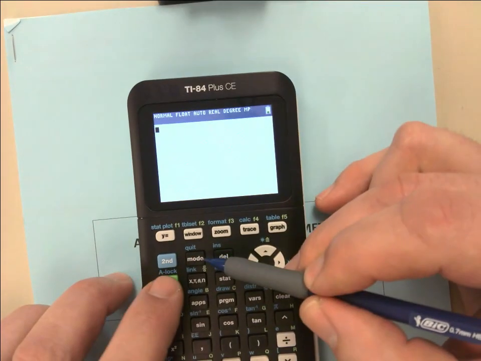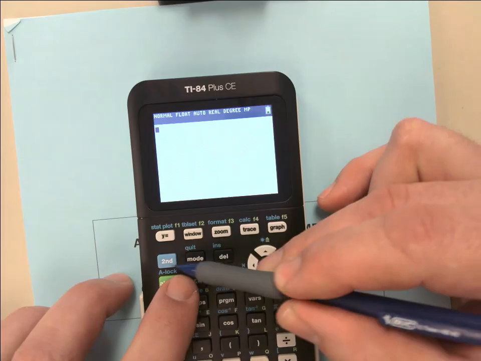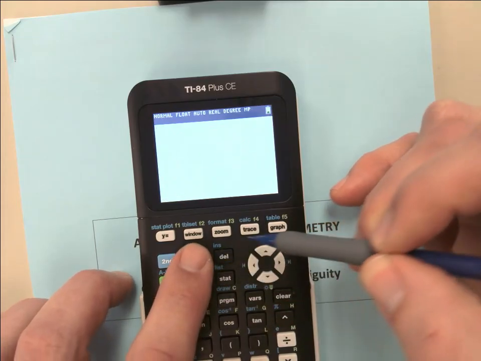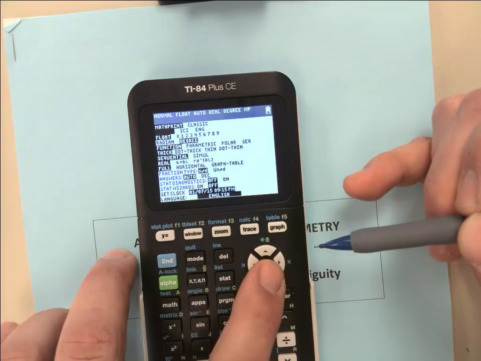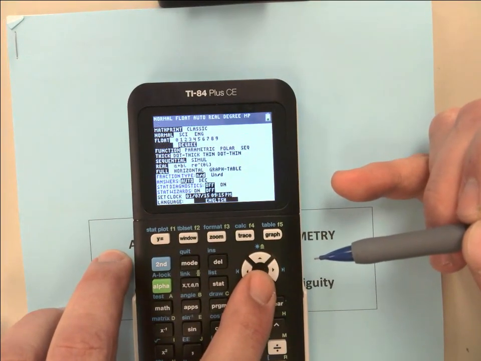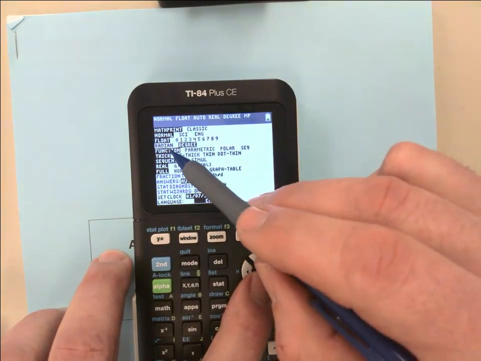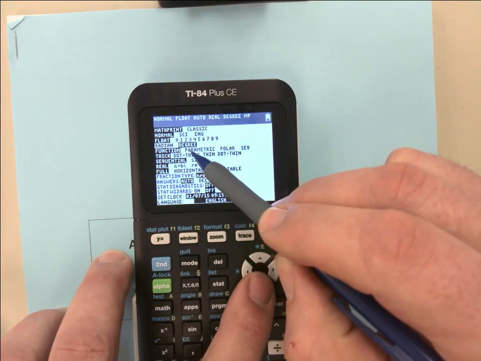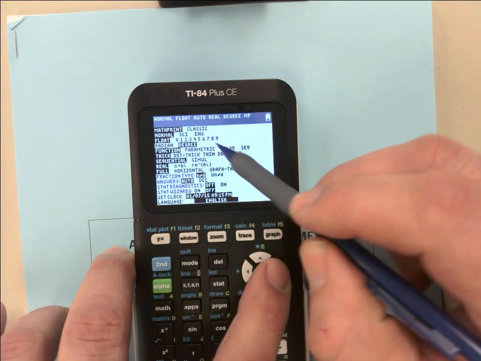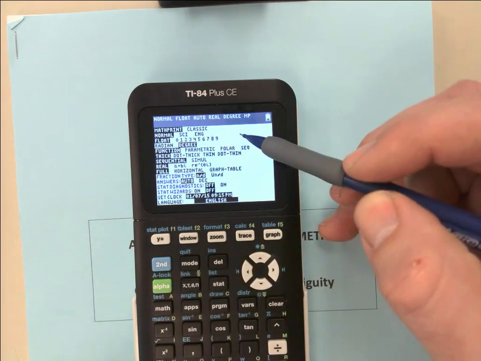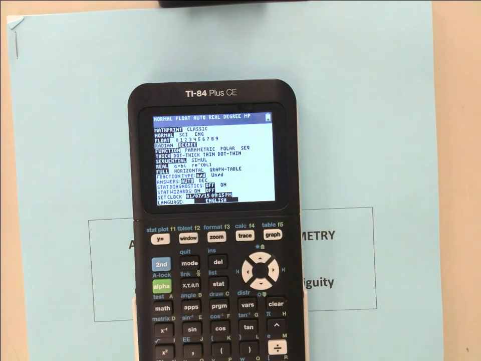Just press the mode button, which is right here, next to the second button. Press mode, and then go down to where you have the option between radian and degree. You just want to make sure you select degree. So go over to degree and hit enter, and then your problem is solved. It will stay in degree until next year when you're in grade 12, then we switch it to